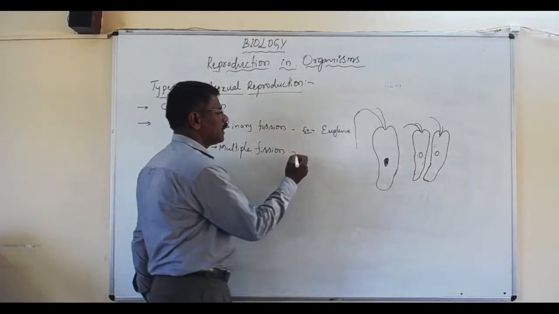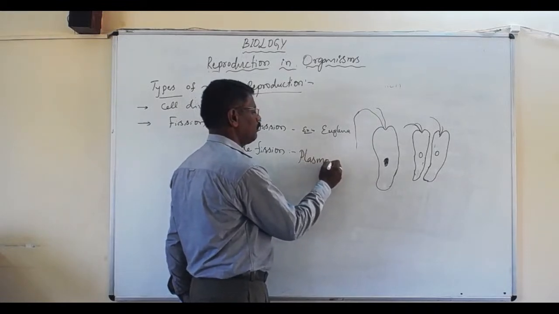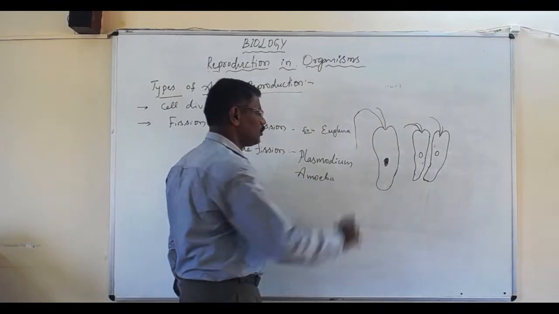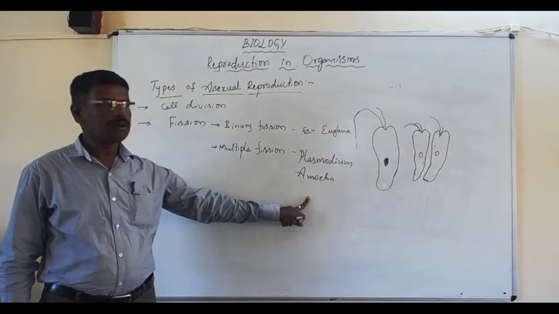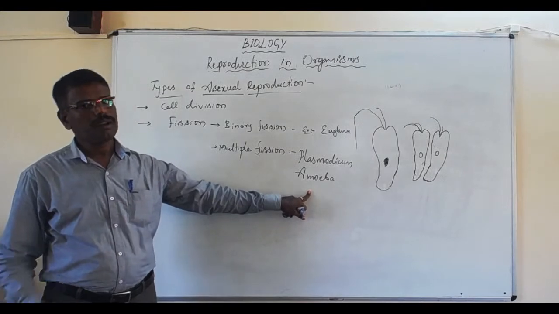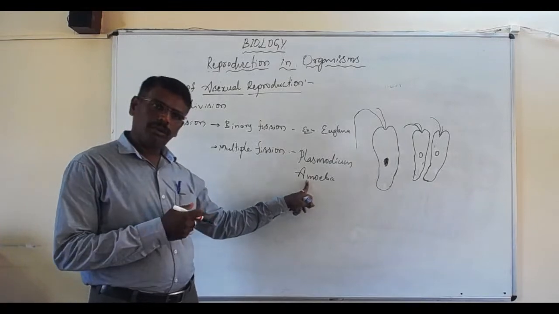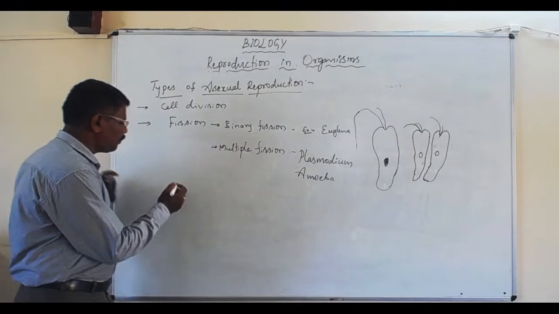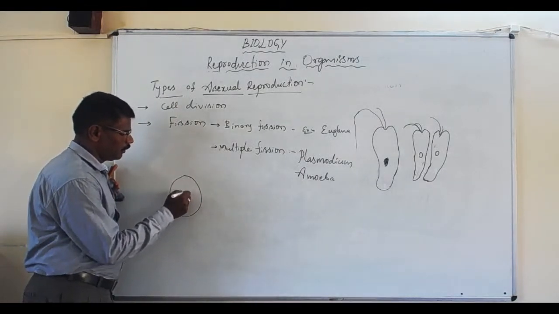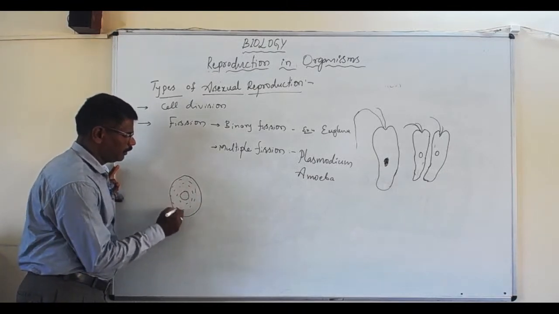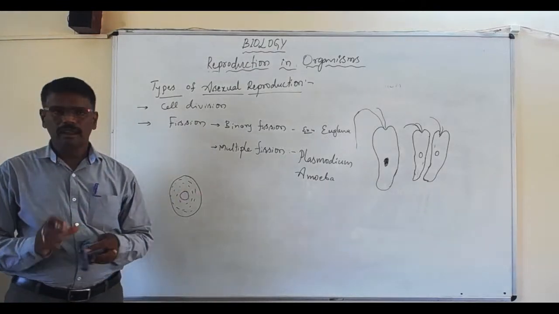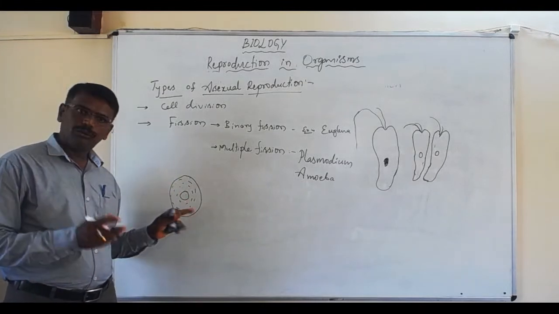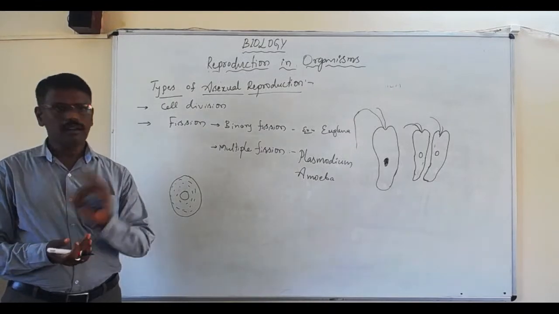Multiple fission occurs in Plasmodium and also in amoeba. Binary fission also occurs in amoeba. Amoeba maintains multiple fission when the organism is in an unfavorable condition. For example, an amoeba in a favorable condition maintains binary fission. If the amoeba is near or in an unfavorable condition,